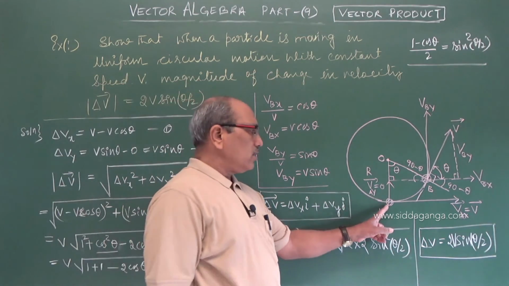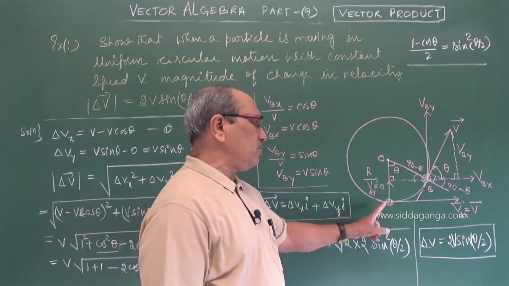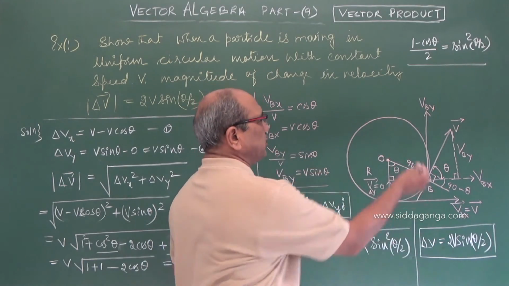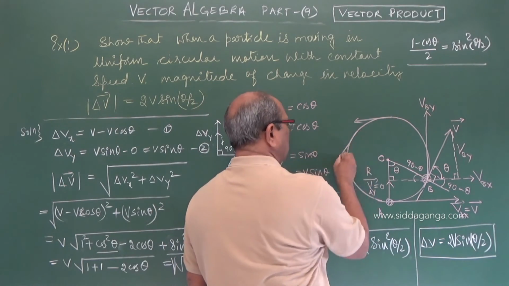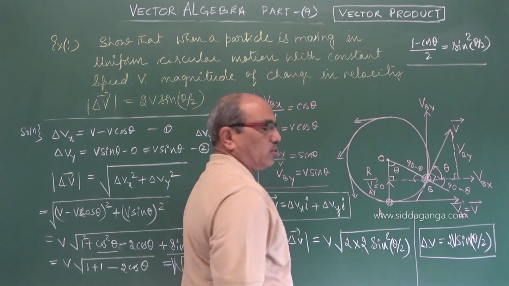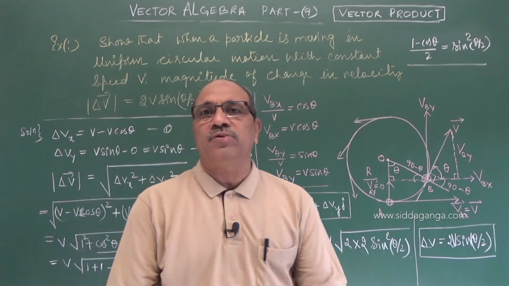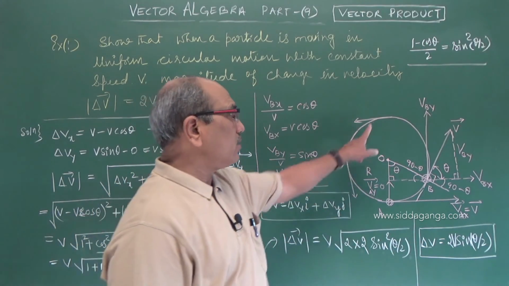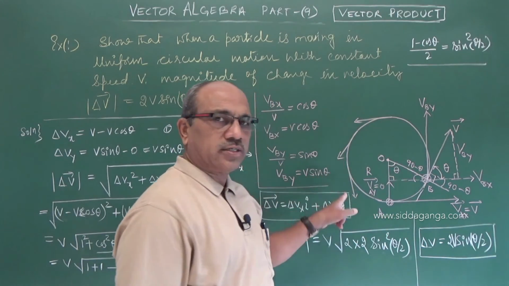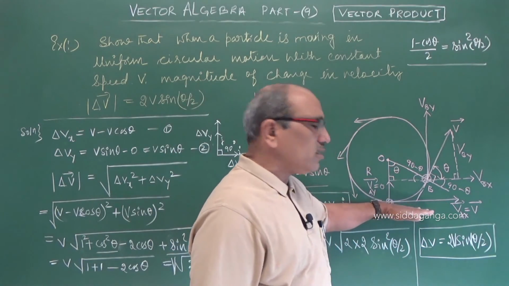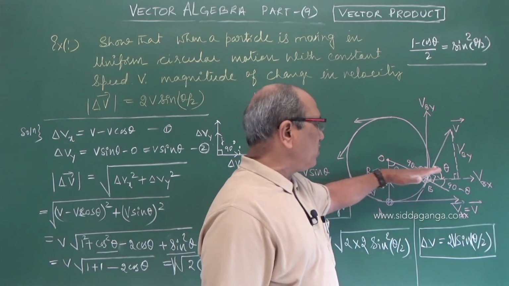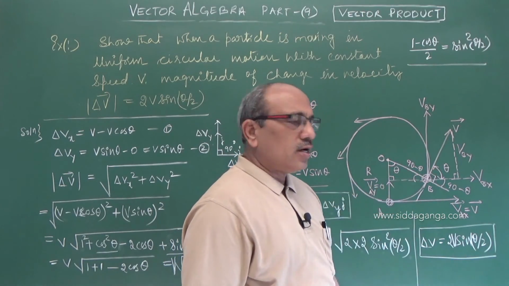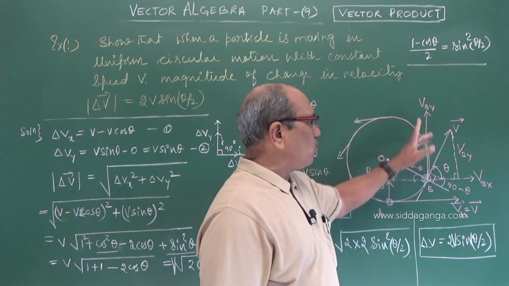What we did is, the particle is moving in a circle, which means always imagine its velocity is tangent to the circle. Always a tangent velocity in every position, it acts tangentially like this. You may have observed when you are sharpening a knife on the grinding stone, the sparks fly tangentially. Like here the velocity vector is tangential to that. So here one vector is considered at some point making an angle theta. I told you why this becomes theta. And find the two components along x and along y.